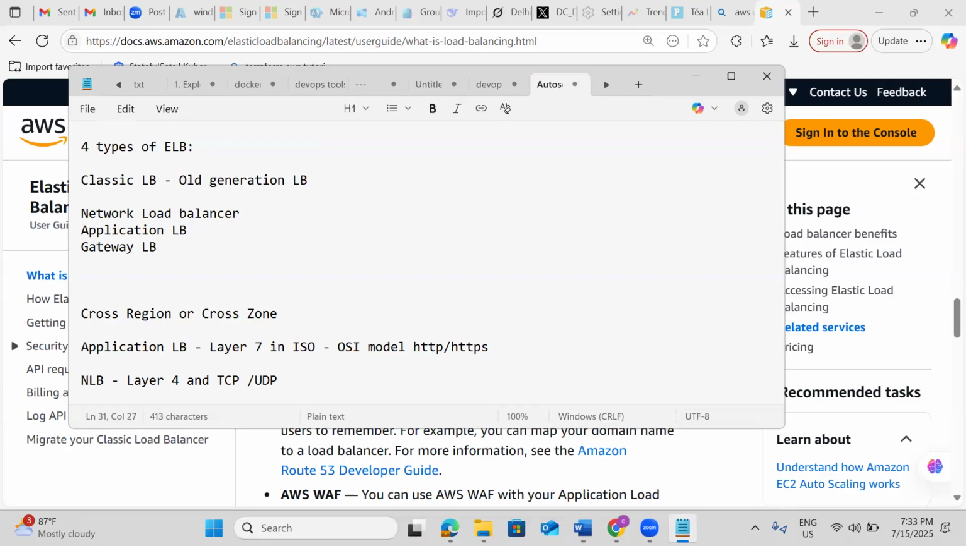One of the major advantages of using the NLB is that NLB can handle millions of requests per second. Okay, then the classic load balancer, or old generation load balancer, works at layer 4 and layer 7 also, depending upon our requirement, but this won't suit today's needs because